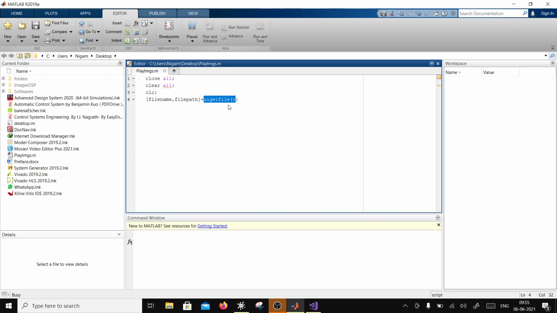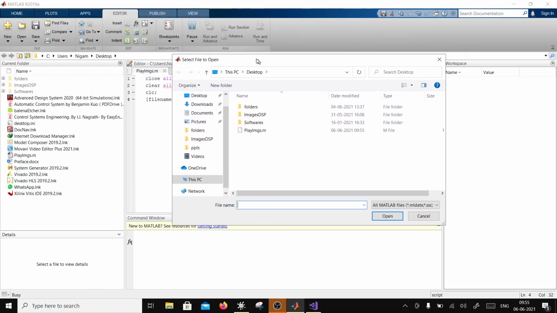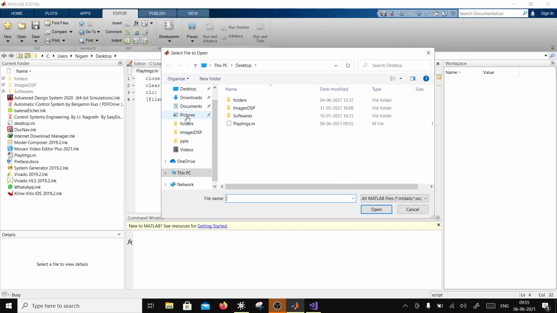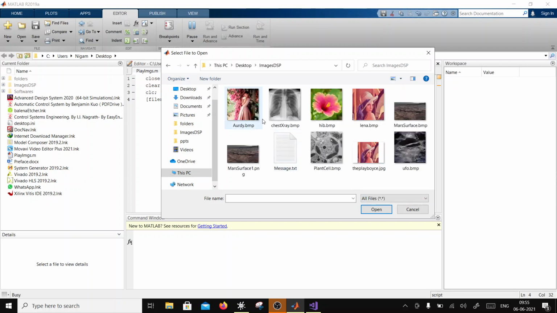So if I run this, this opens, and then I can go to the folder on the desktop, DSP images, type as all files, and let's say I want to open this image.